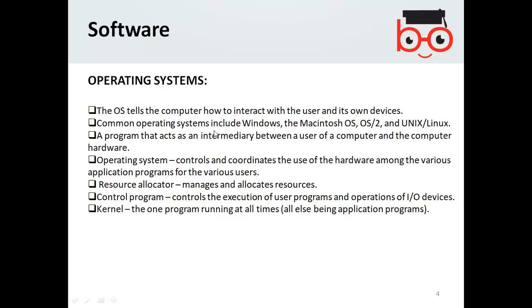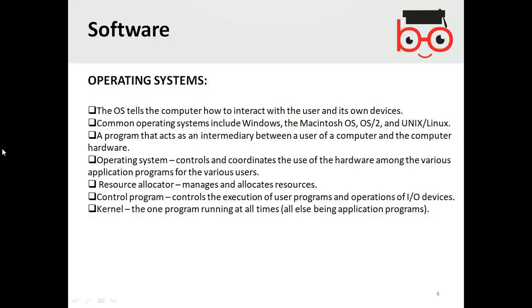Common operating systems include Windows, Macintosh, OS/2, Unix, Linux. These are the types of operating systems. They are accessed whatever the nature of their console is. Probably Unix is the command prompt system, or whatever the options of those operating systems.